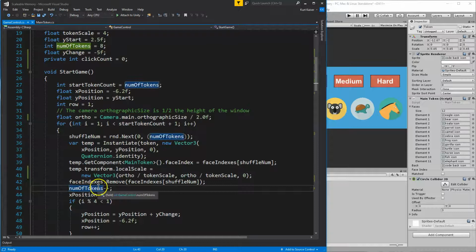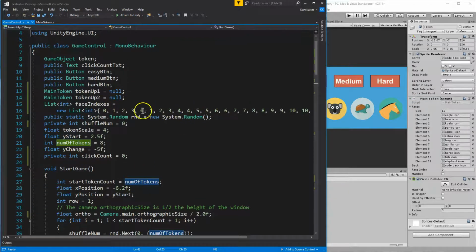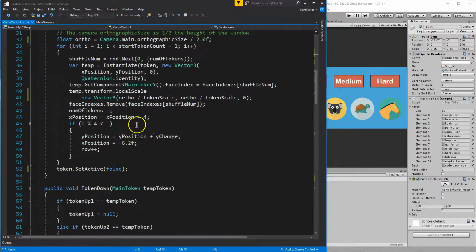And then we decrement, we take 1 away from number of tokens, because now we're going to only have random numbers 0 to 7 or 0 to 3 or 0 to 2 as we're assigning face values, face indexes, and removing them from our list. Now our list, even when it's on easy, will have all of these numbers, but we would set the number of tokens to only be 8, so it's not going to use these other numbers, so it won't matter. All right, and then x position equals x position plus 4. Okay, so we're just adding 4 to the x position. We're pushing that token